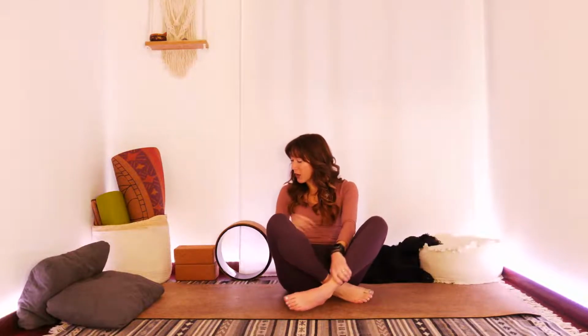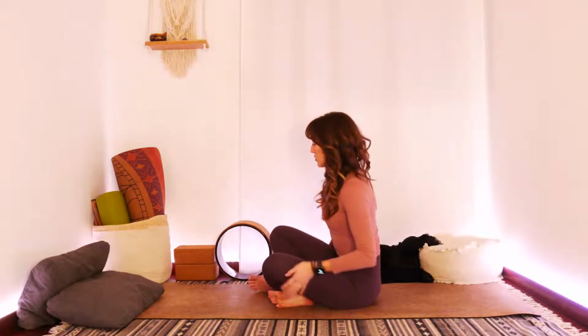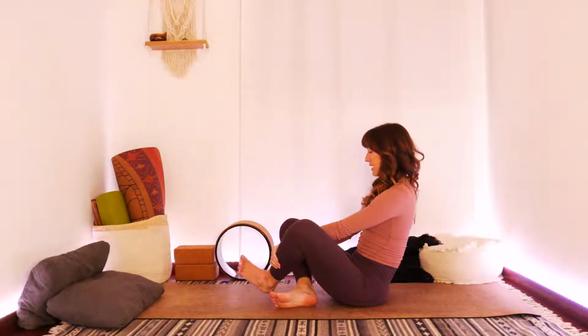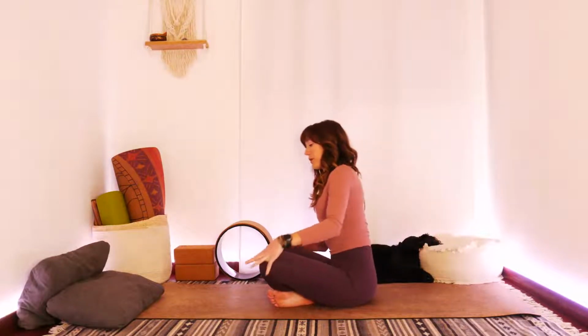Wonderful. From here, we're going to take it into a cat-cow, but we're going to do a seated cat-cow today. So we're going to sit in easy pose, right? So crisscross type of deal. We're going to put our hands...